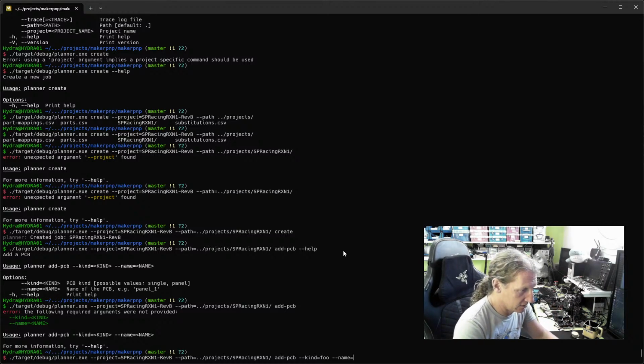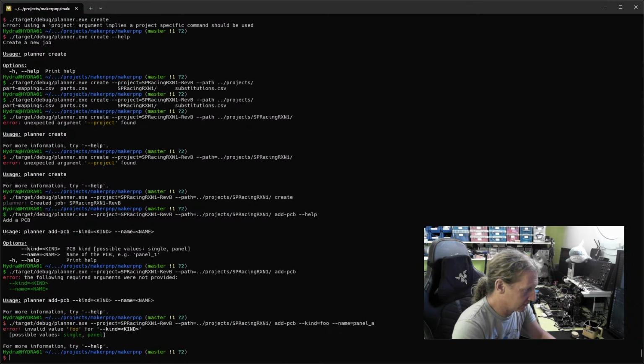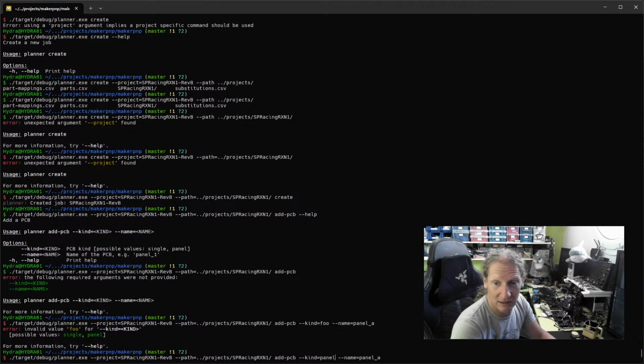Panel A, I suppose. Yeah, I mean, if I was placing two of these, then it'd be A, B, C, and D, right? Or, you know, that kind of thing. Kind foo, but I don't think foo is correct, so let's just see what happens. Possible values, single and panel. Yes, that's correct. We want to make a panel of